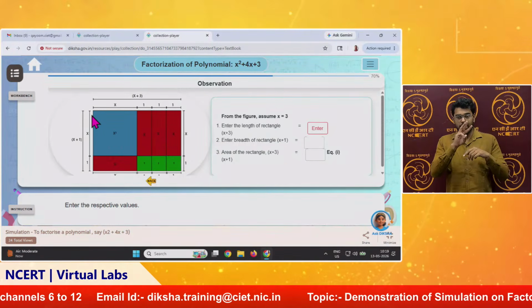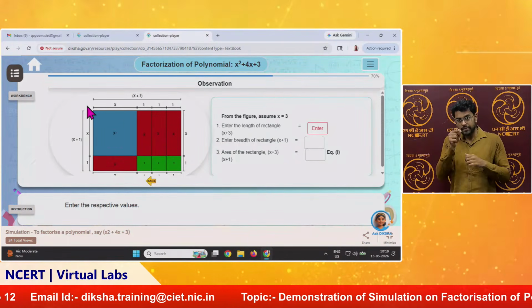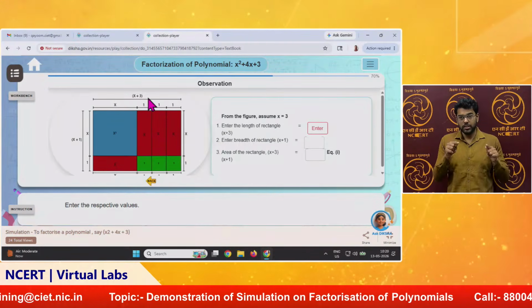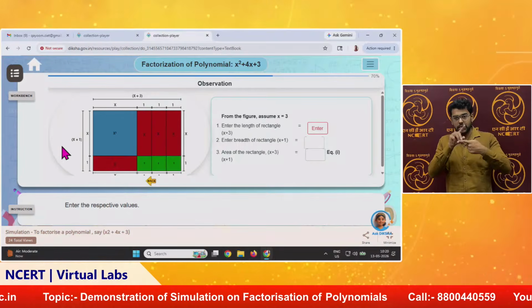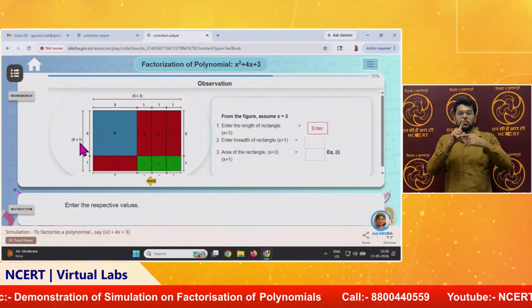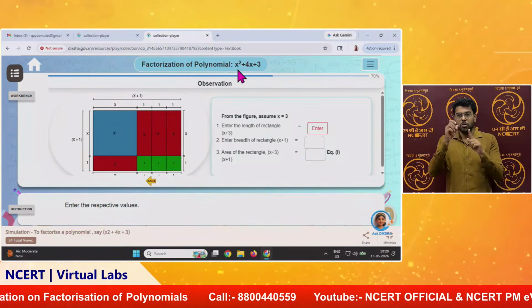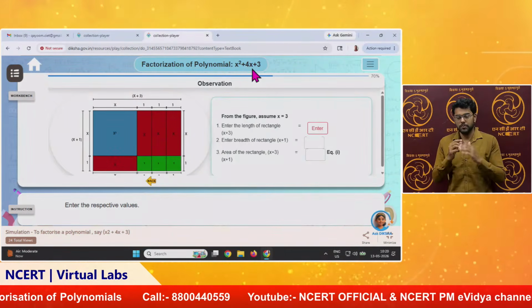Likewise, its width is x plus 1. So we got a rectangle whose area is x plus 3 into x plus 1. But actually this area is representing this polynomial. Now